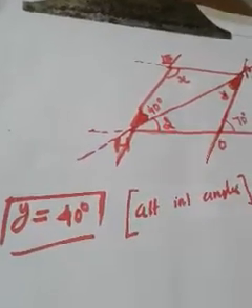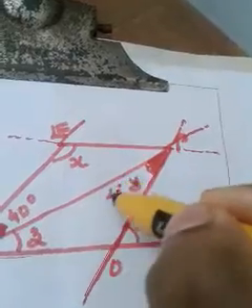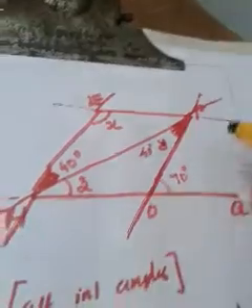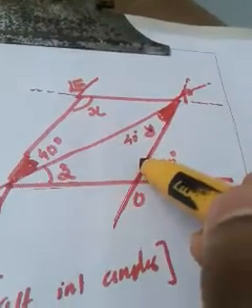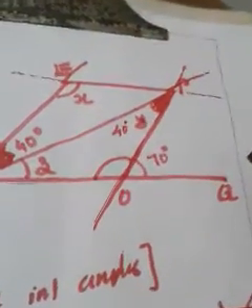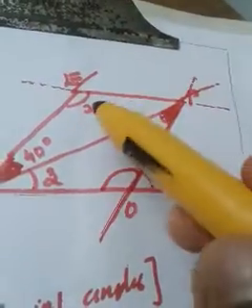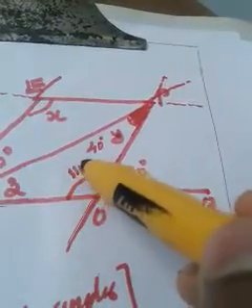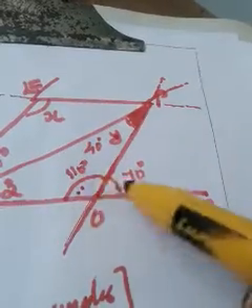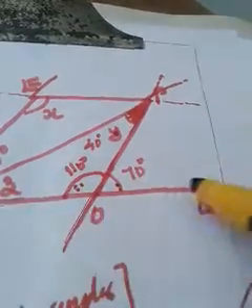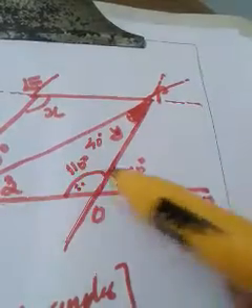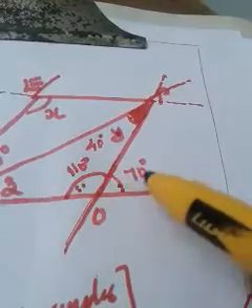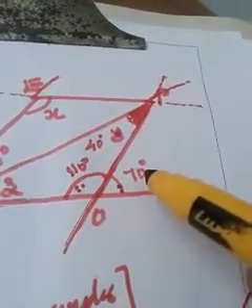So we got the value of y as 40 degrees. Okay, any problem? No. Now let us see, if this is 70, can you find out this angle? We need x and z more. If this is 70 degrees, what will this be? 110 degrees. Can you give me the reason? Because both angles are a linear pair, both angles are standing on a line, so the sum should be 180. Out of that this is 70, so it should be 110, because 110 plus 70 gives you 180 degrees, isn't it?